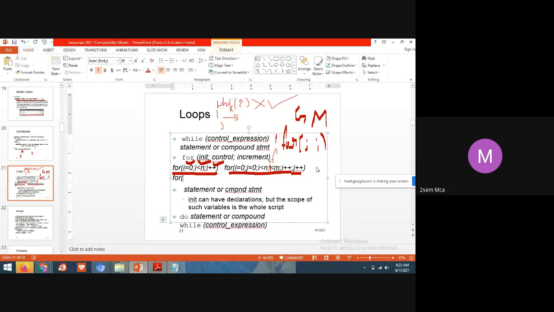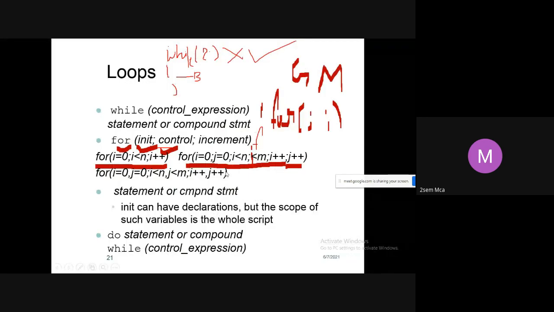Now: i = 0, j = 0; i < n, j < m; i++, j++. So this is how you can write a for loop, students.